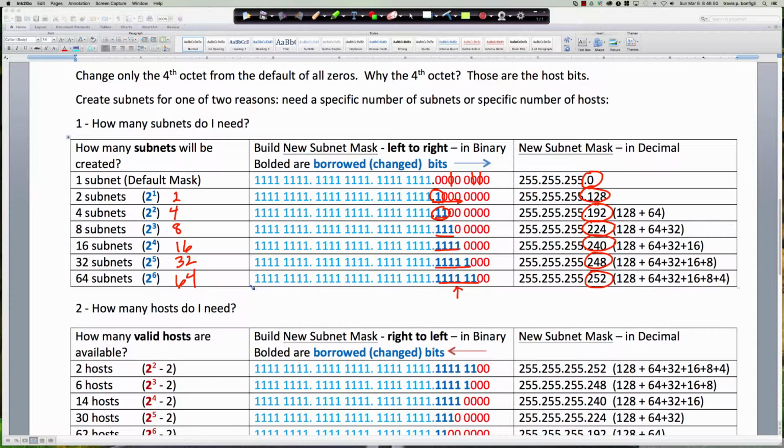subnetworks I'm creating. So if your boss came to you and said, hey, we need at least 60 subnets, and each subnet needs to be able to provide 2 usable host IPs, then this would be the subnet that you're looking for, right? Now,